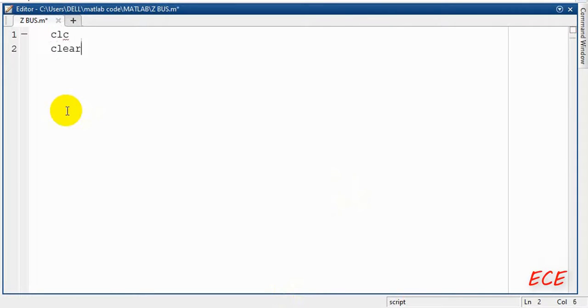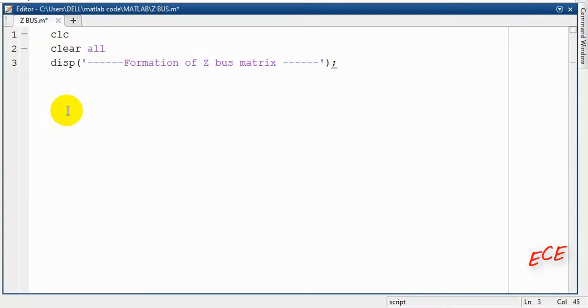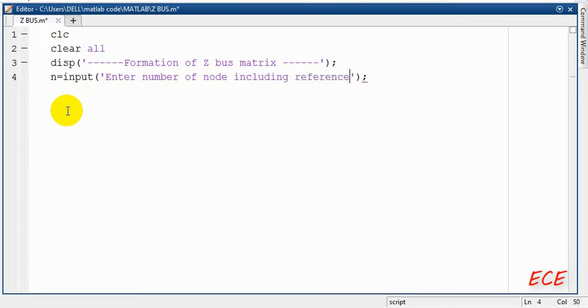So first, the common thing, clc and clear all. Then we will display a message, formation of bus matrix, and then we will take an input for the number of nodes. Just simply use the input function, and inside it we'll write the string: enter number of nodes including the reference node. That means we need to add 1 with the number of actual nodes,